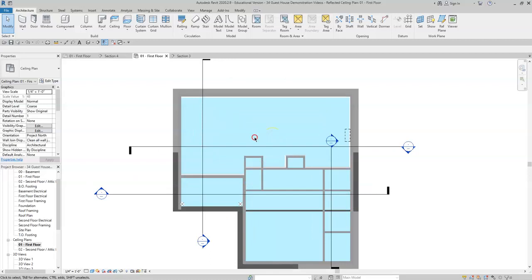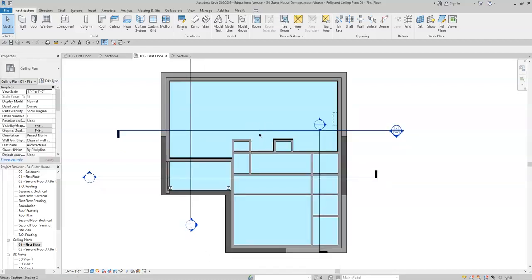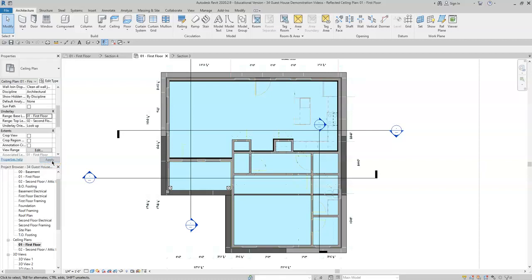Okay, so we will need to see our underlay for this view, because we can't see anything as far as where furniture is. Obviously, we don't have furniture yet, but where the center of the room would be, where we would have an island, where we would put pendant lights on top. We don't know where any door openings are. So we need to see the first floor plan underneath this ceiling plan view. We can turn the underlay on by going to the properties and finding the underlay section, and we want the underlay to be the first floor. All right, when we click apply,